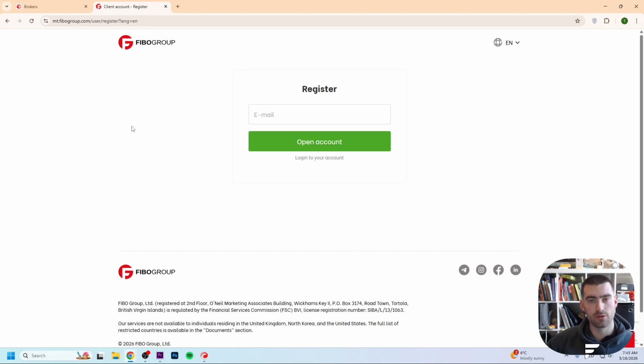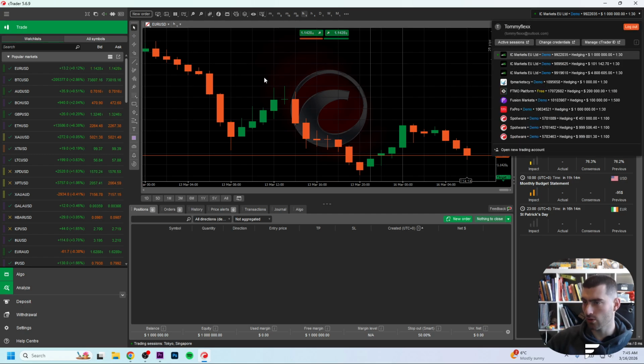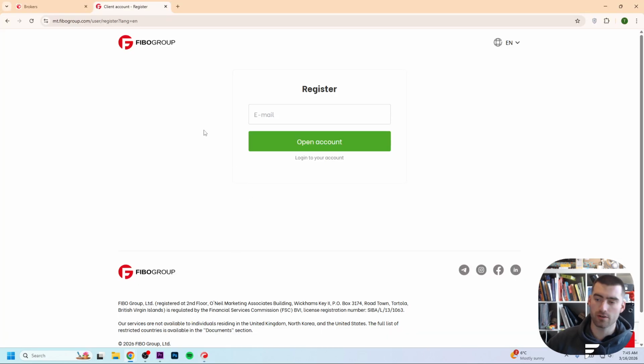And then the first important part starts from now. Because if you're creating an account, you need to fill in right here exactly the same email address that you are using right here on your cTrader application. So in my opinion, it's this email address right there. Then we go back, and if you're going further on FIBO,